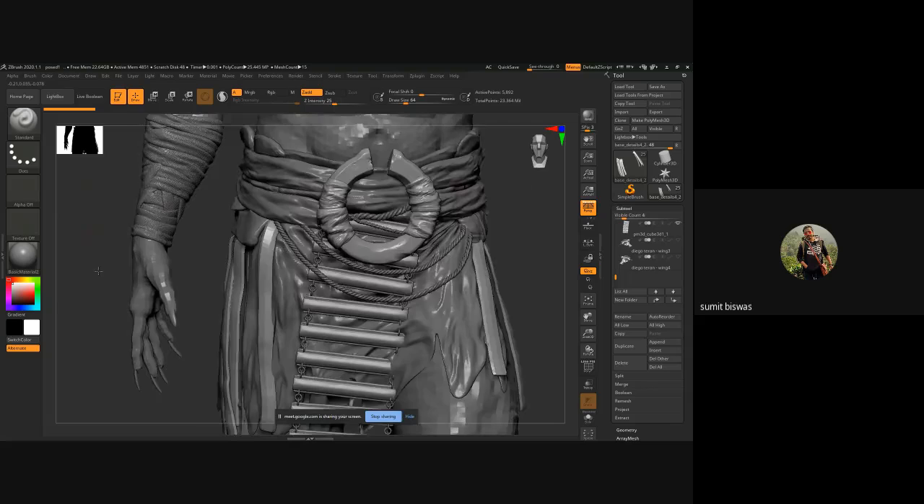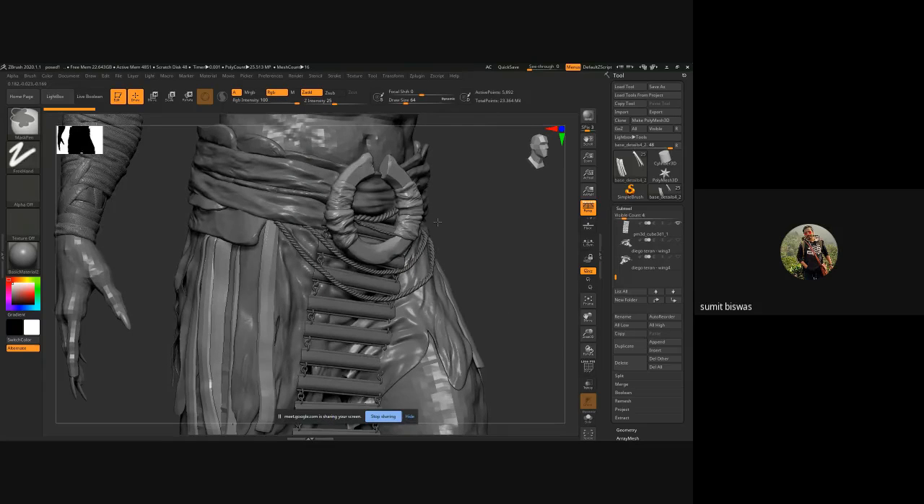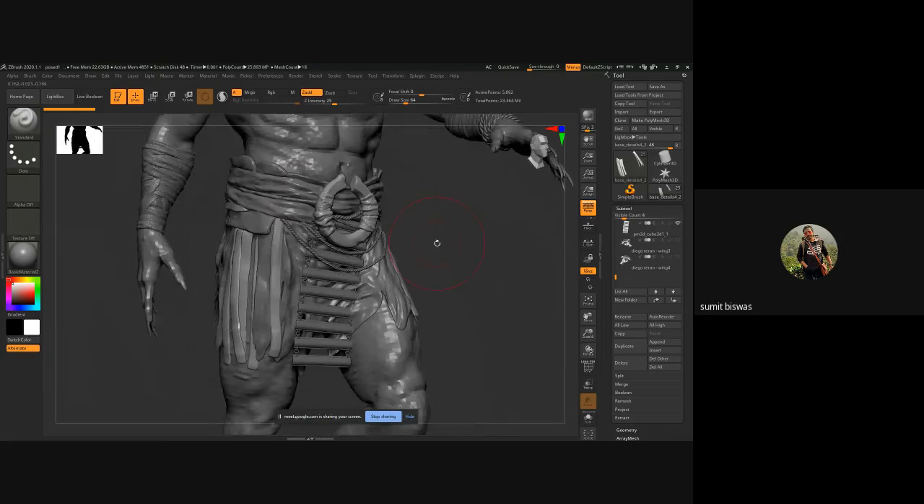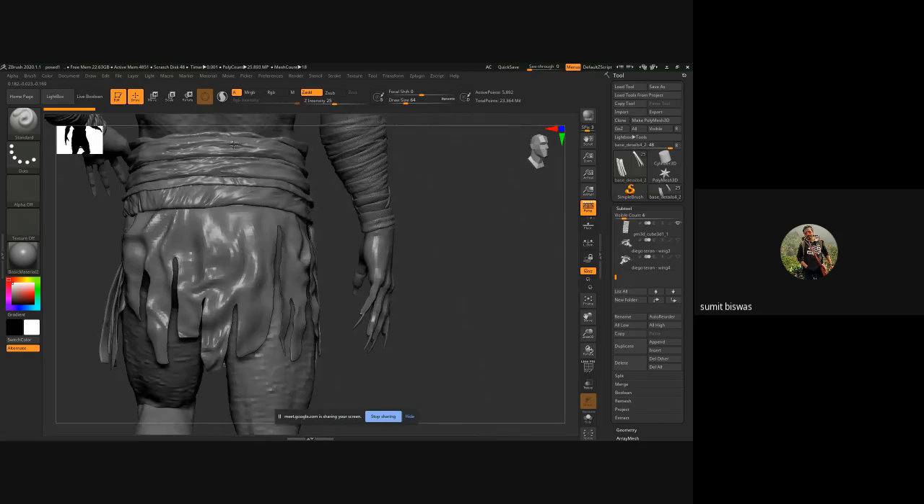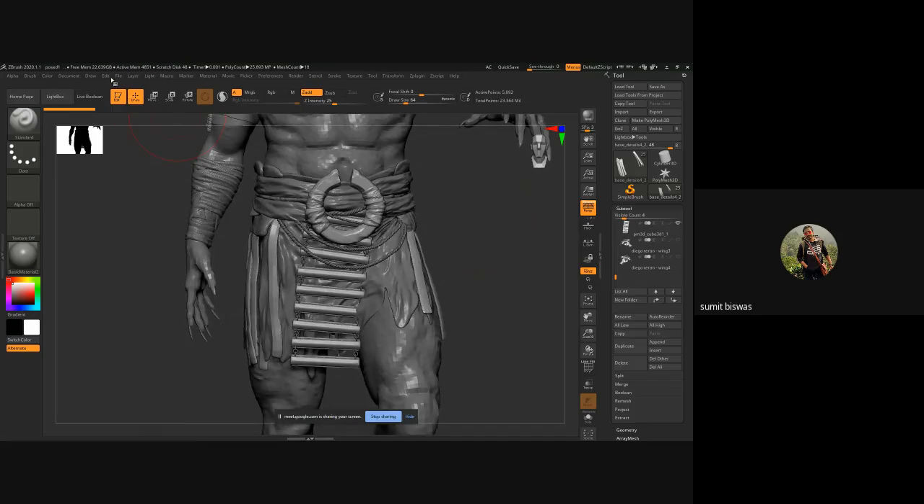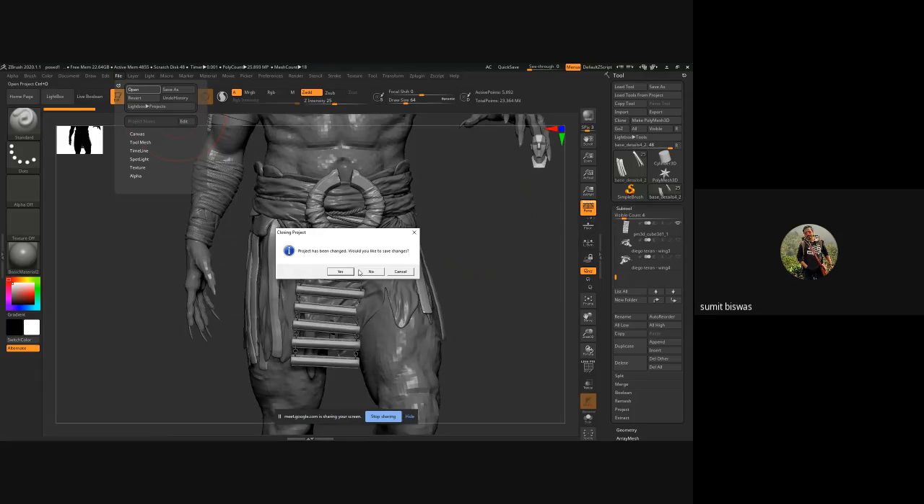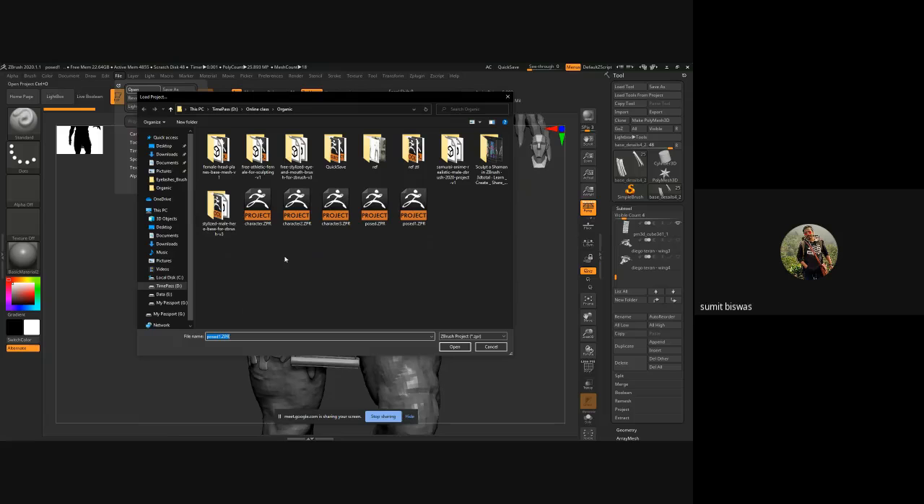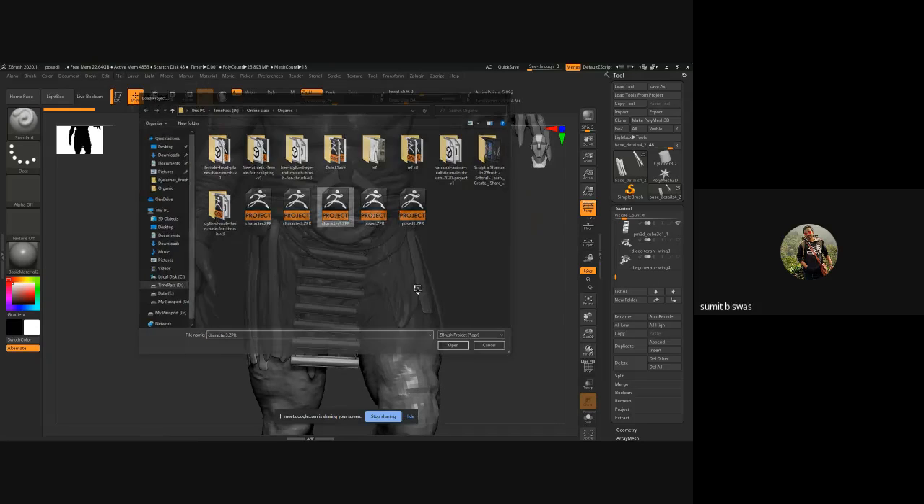You see, this is the same thing that I can see in the reference. I added those things, added all those details. It's open. Without pose,